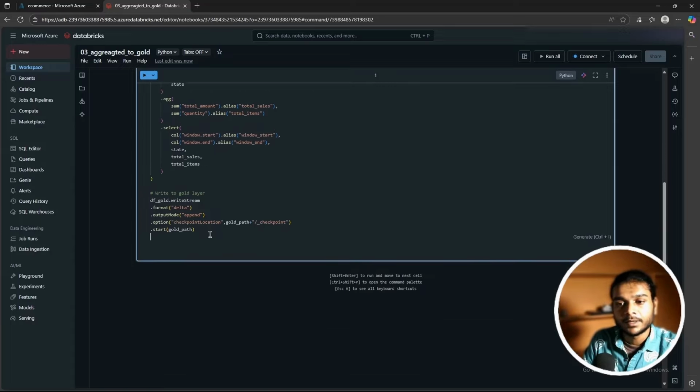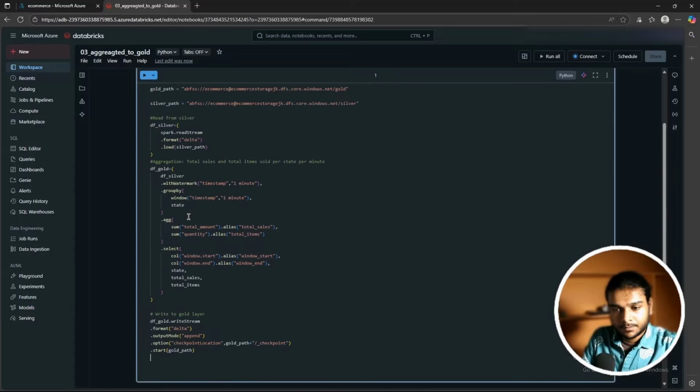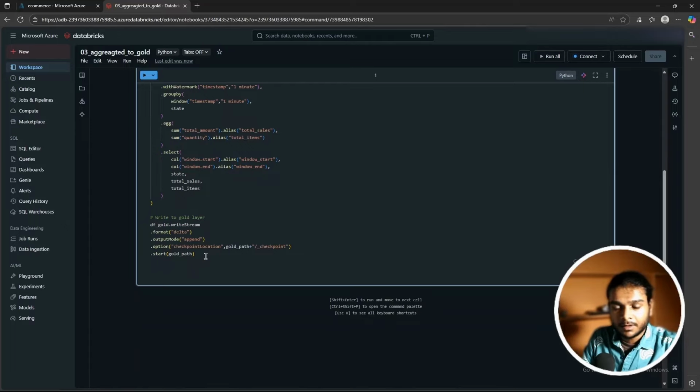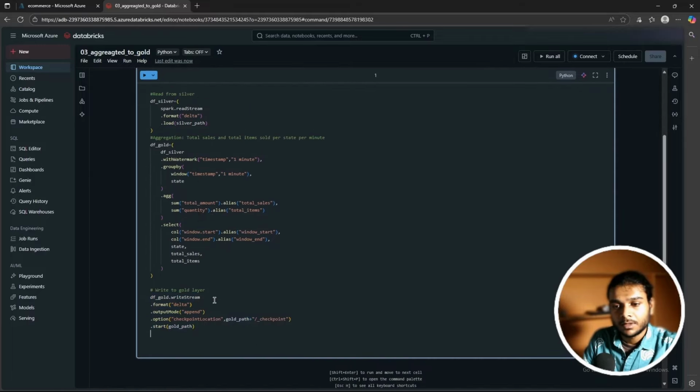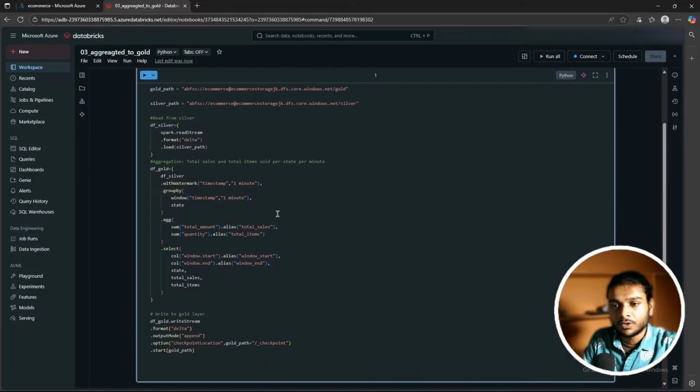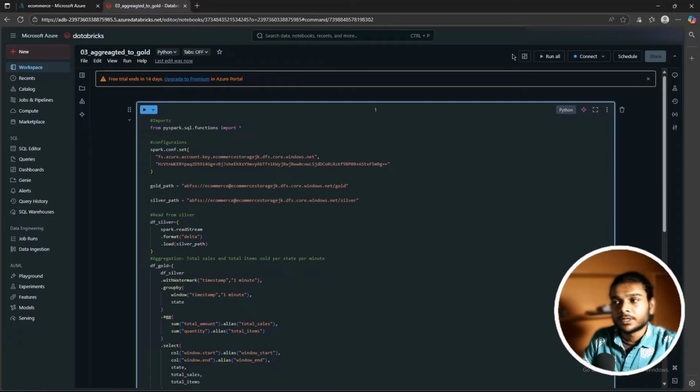So here, like we did in the previous codes, we're just writing into the gold layer using that code. So I think we're basically done with the gold code too. So let's go ahead and